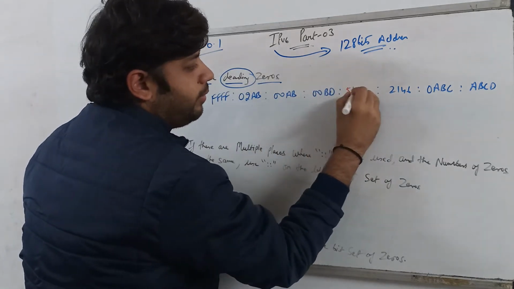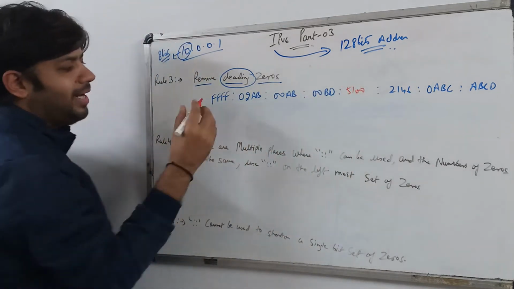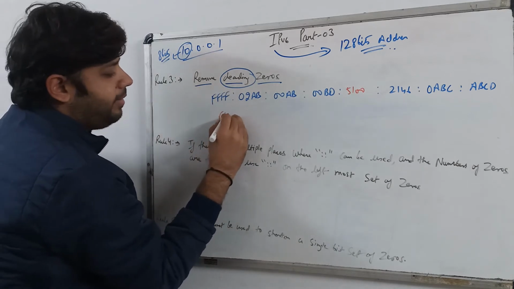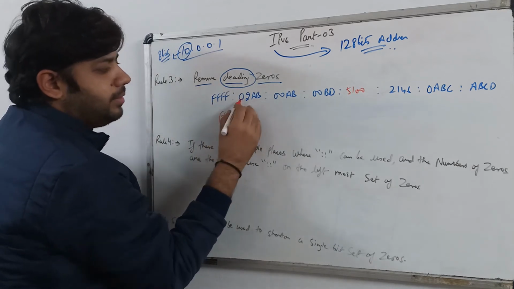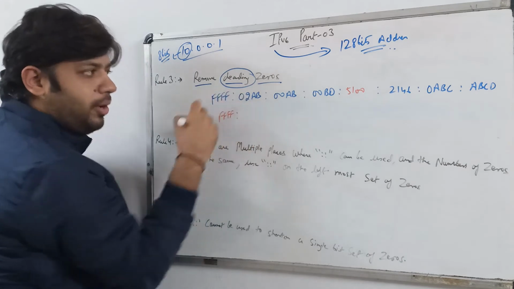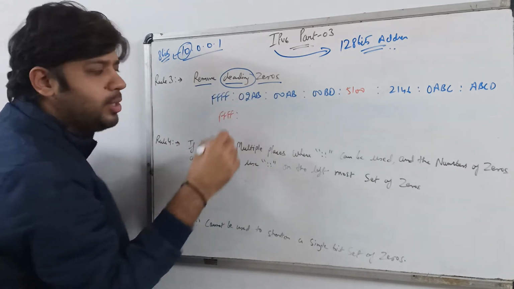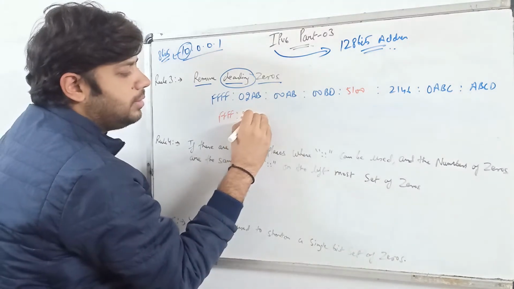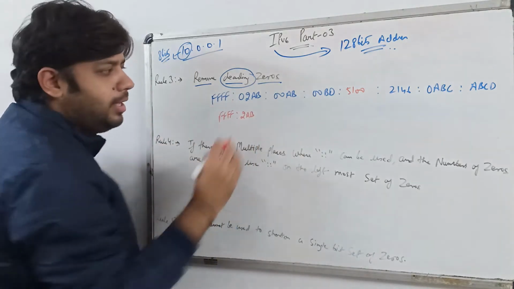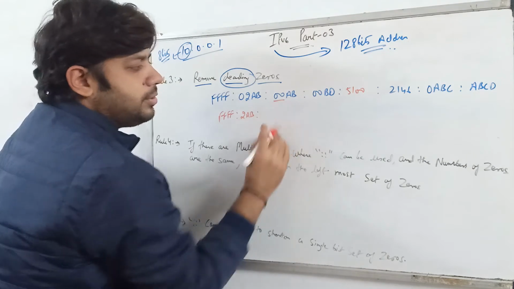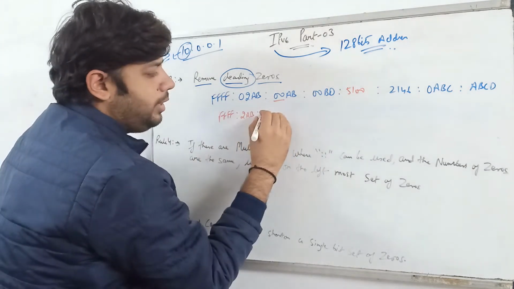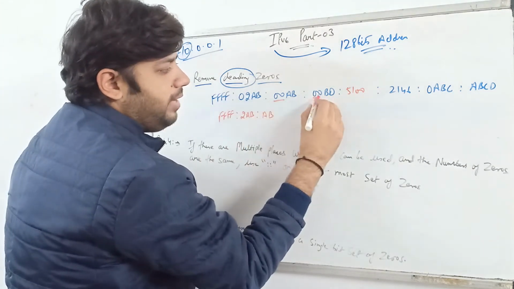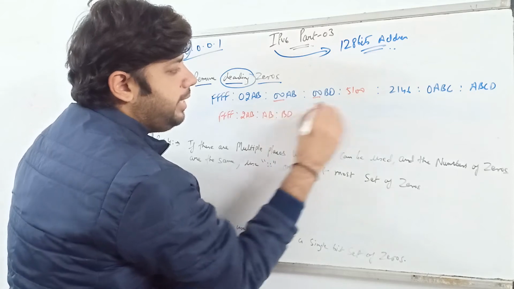Imagine you have 5 1 0 0. Now we can show that. Over there we can write f, then we have this zero, which is before the number, so we can remove this zero. We can write it like this: 2ab. We don't want to use the 0. Now over there we have 2 zeros, so you can remove those zeros and write only ab. Now again we have 2 zeros, then bd.